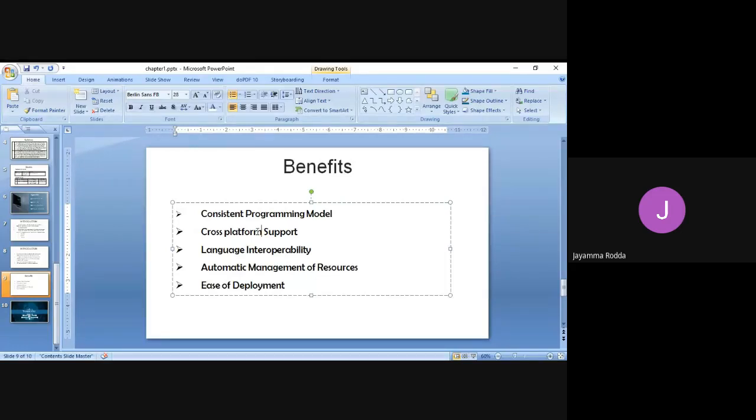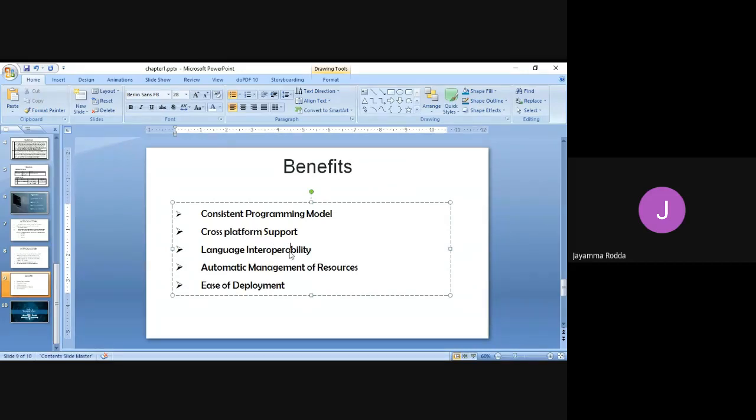It can be supported by multiple Windows operating systems. It will be supported by the .NET framework, which means you can use .NET applications in any of the Windows operating systems. You will not be restricted to using one particular Windows operating system. Any Windows operating system can be supported. That is what is called cross-platform support.